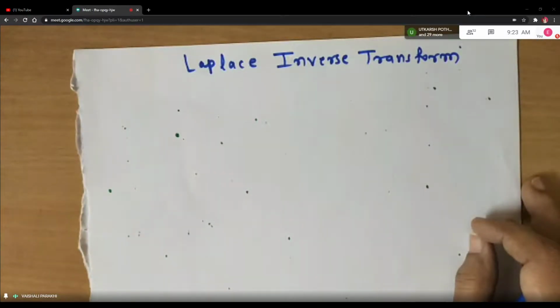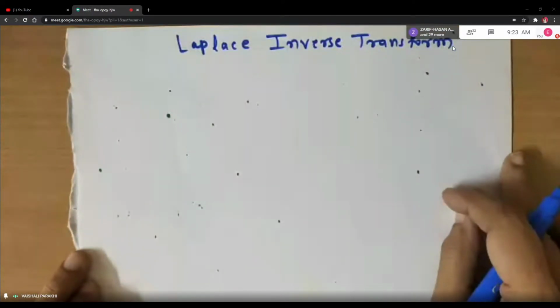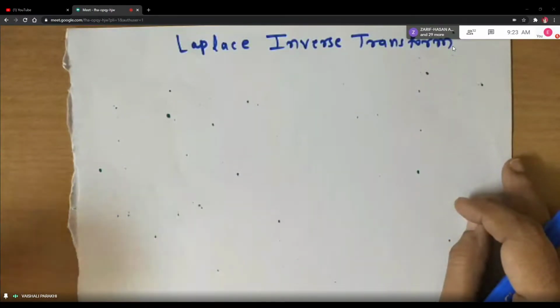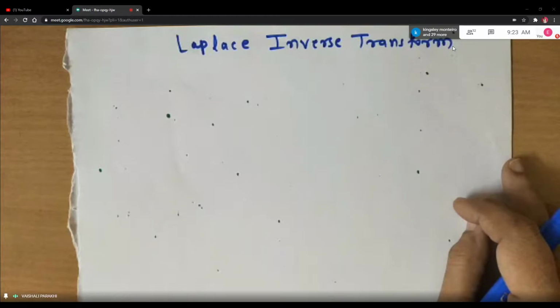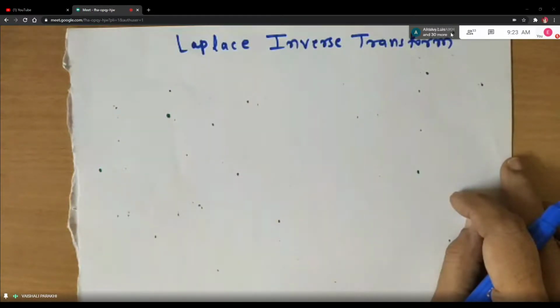So students, we are doing Laplace inverse transform, and you are learning different methods to find it. When I started with Laplace inverse transform, the first and basic method I discussed is comparison with the basic formulas of Laplace inverse, which you get directly from the Laplace transform formulas. It is just the reverse process, so it is the direct method. But in exam, they will mostly not ask you a problem directly related to the basic formula, so you have to do some adjustment. You have to add, subtract the constants. You have to separate the terms.